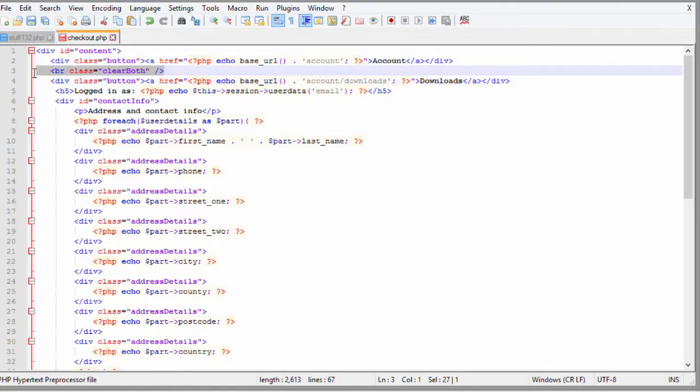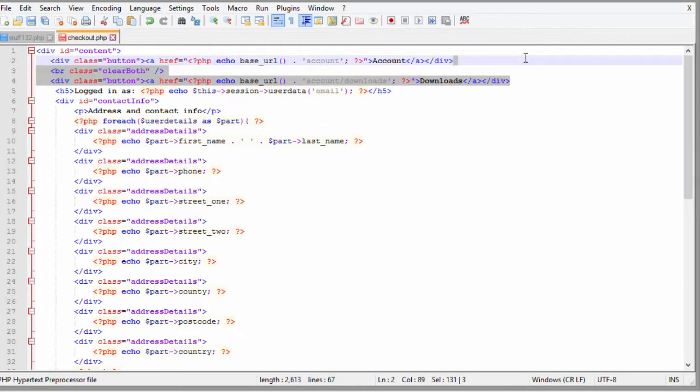Next thing we'll have is a BR with a class of clear both, and we have this class in our CSS as well, just to ensure that floated items sit appropriately. Then we'll have another div with a class of button, and this button here will point to the account controller, and the downloads function inside there, which we'll make shortly. And here we'll let them know that this button takes them to their downloads, and we'll close our href and close that div. So if we have our two buttons, we can save that,